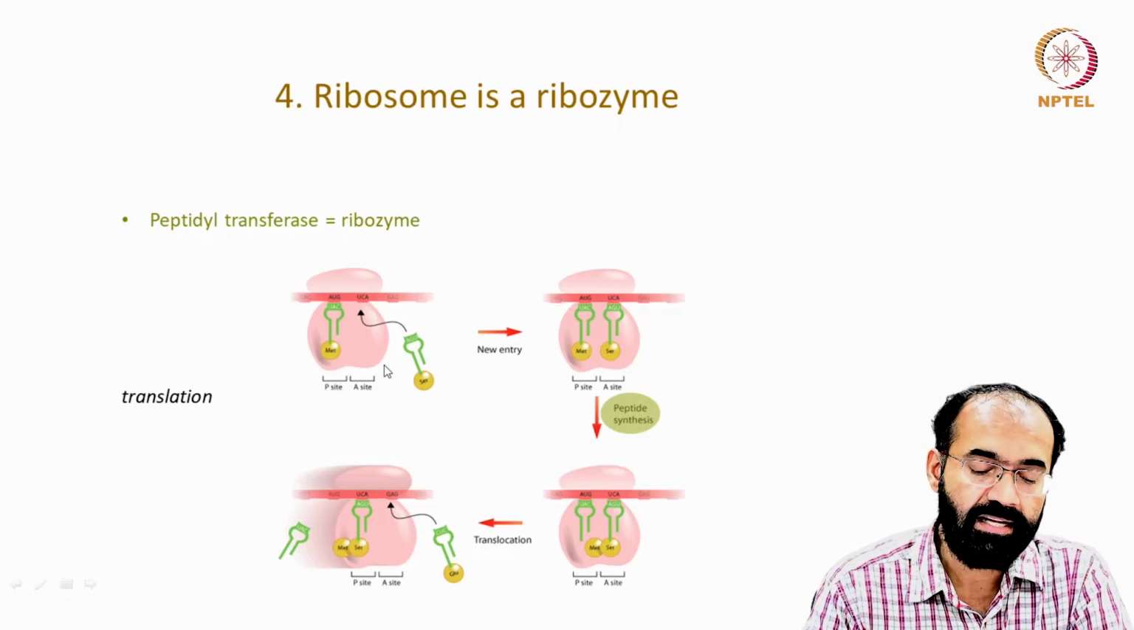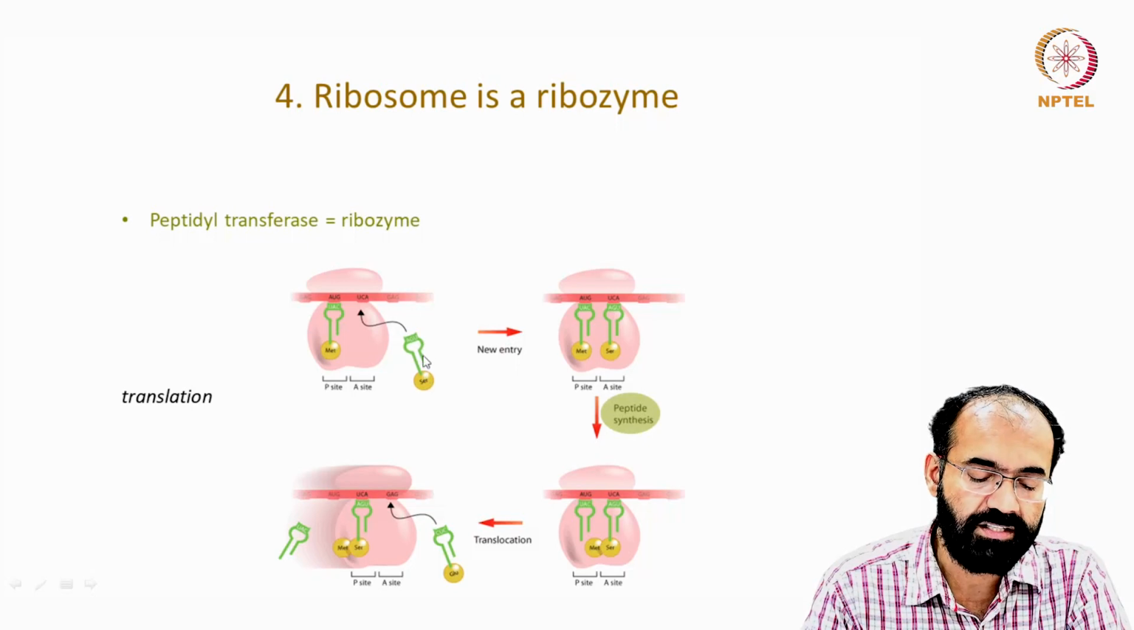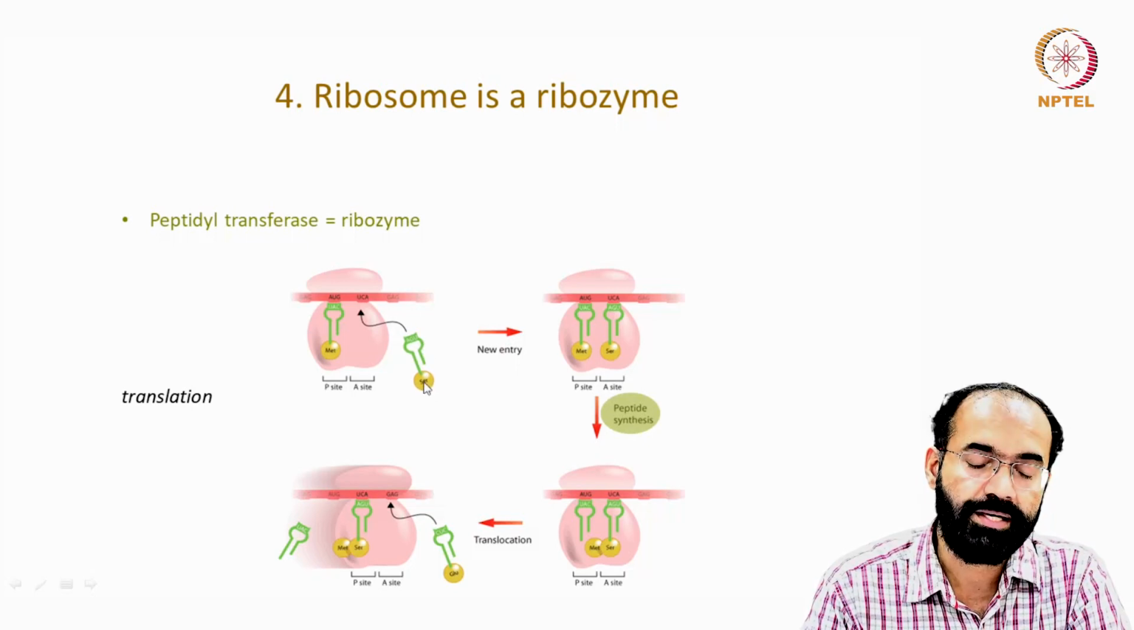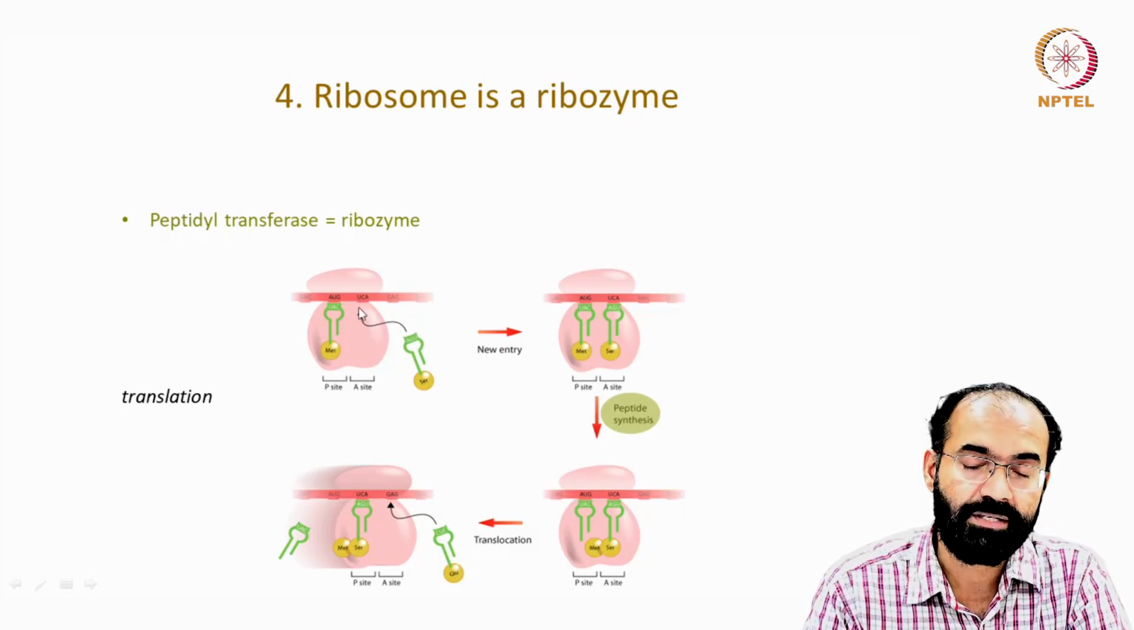So two sites are there in the ribosome, and it has got two units. One is a large subunit and a small subunit, and the middle what you are seeing is the mRNA. What you see, this green color small structure is a tRNA, and this yellow ball is the amino acid. So in the acceptor site, this tRNA amino acid complex comes in through the acceptor site, and we call it